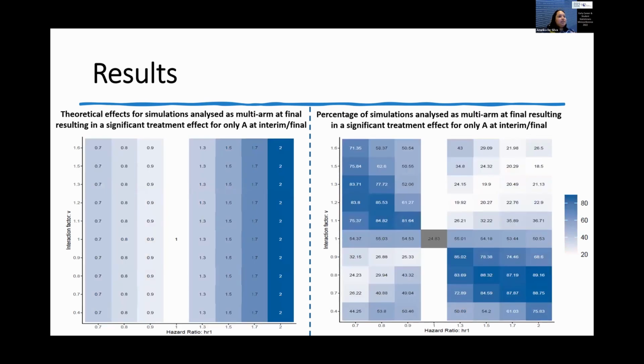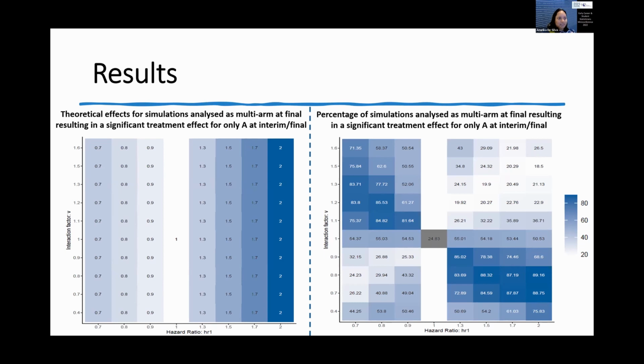Now, this is where the limitations of this approach start to show up. This slide shows the results for the simulations analyzed as multi-arm at final, resulting in a significant treatment effect for only A at interim or final. And again, we observed similar results for the treatment effect for only B as well. If we look at the row across the null value for the interaction factor on the right-hand side panel, we can see that the power is around 55%, which is what we would expect for a scenario like this. But if you look at the type 1 error, we can see that it's quite inflated,